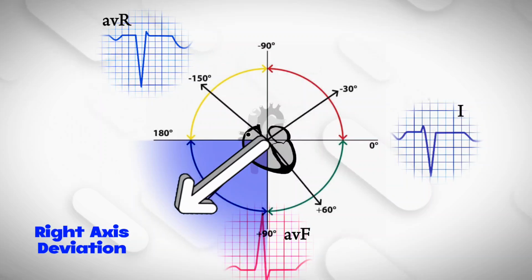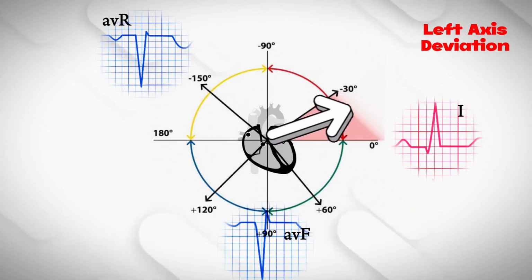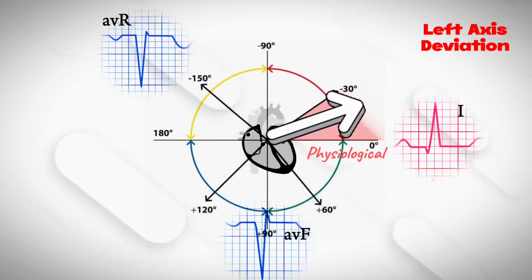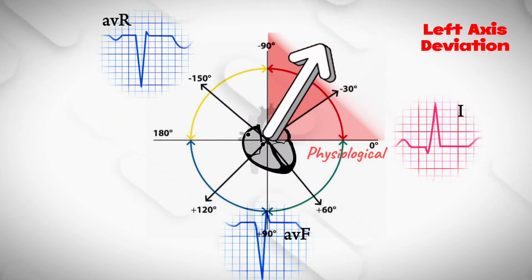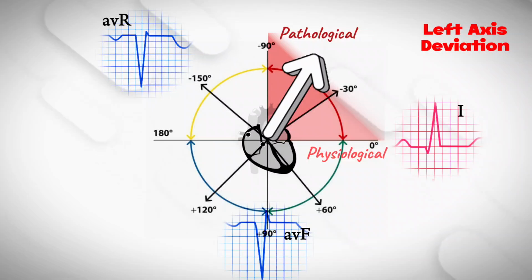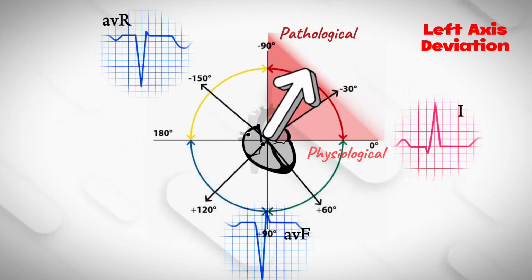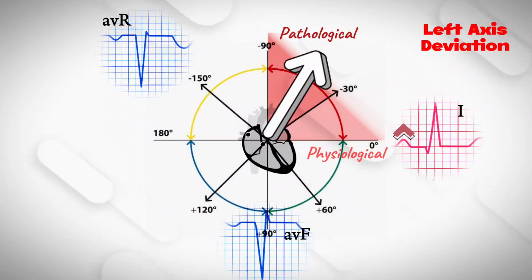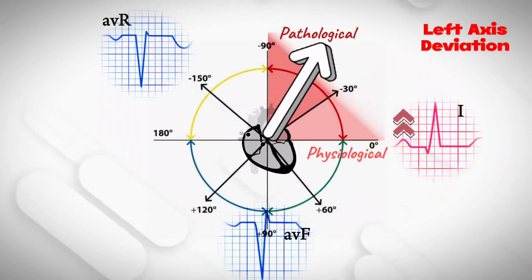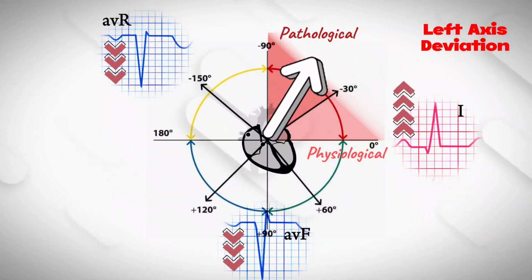as the vector. Left axis deviation has a further two types. 0 to -30 degree axis deviation is called physiological left axis deviation, and -30 to -90 degree axis deviation is called pathological left axis deviation. In the left axis deviation, lead 1 is in the same direction as the vector, that's why it has a positive deflection of the QRS complex. While lead aVF and lead aVR have a negative deflection because they are not in the same